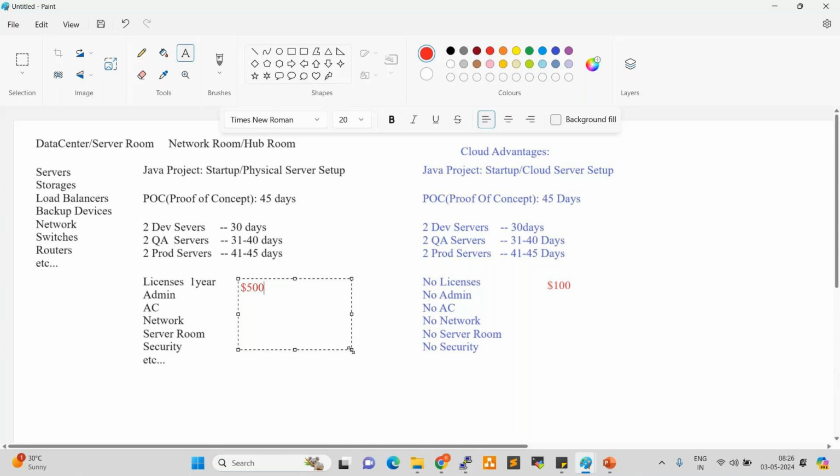So when we use a cloud setup, one third of the cost will be saved. Every organization and every project team is migrating to cloud infrastructure because of cost saving and also time saving. By a single click we can get a number of servers, whereas physical servers we cannot configure even within one day. We need to get the servers and move them to a data center, which takes more time. So these are the cloud advantages. That is why startup companies are directly migrating to a cloud setup.